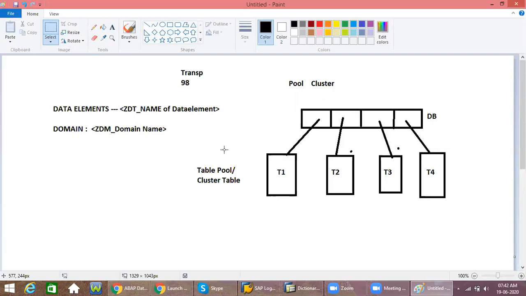The data from several different tables can be stored together in a table pool or in a table cluster.